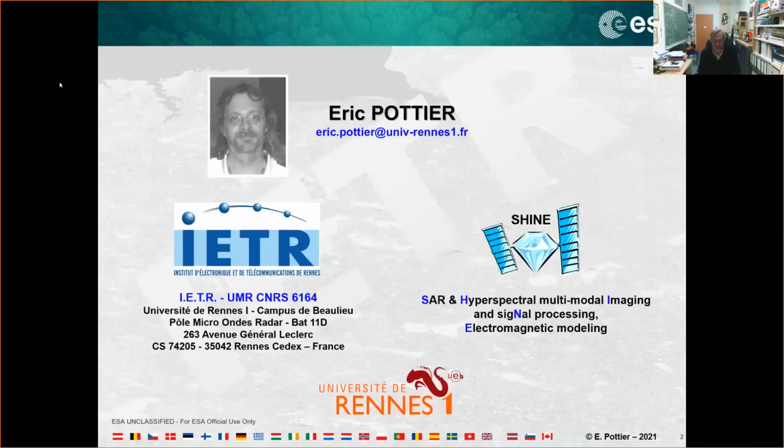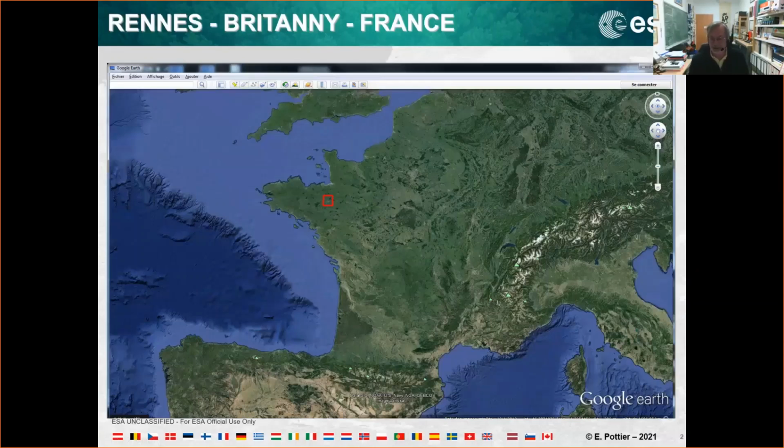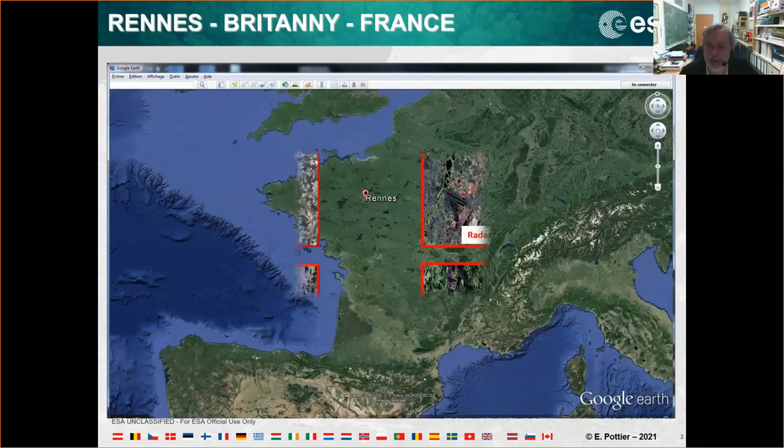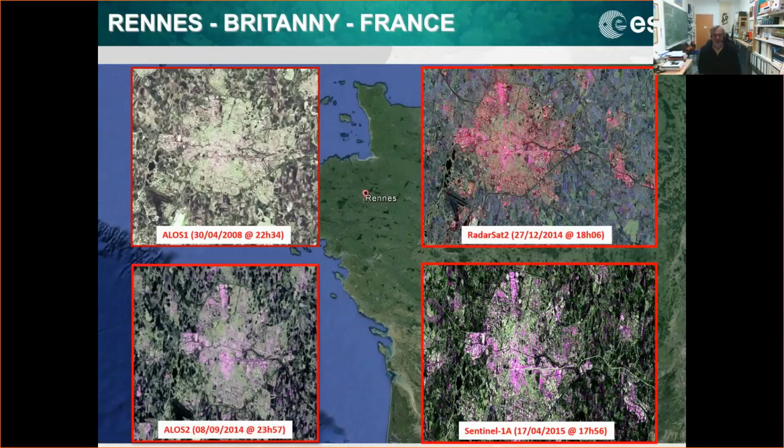My name is Pottier. I'm from Rennes in France, in Brittany. If you don't know where Brittany is located, here is a map of France, and in the red square is my home city, Rennes, in Brittany. To illustrate this lecture, I shall start with some beautiful